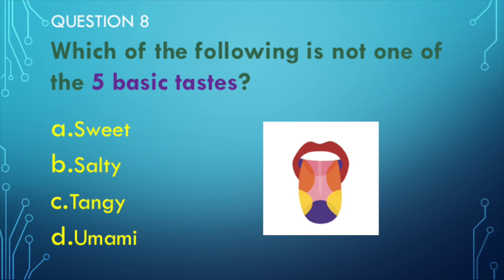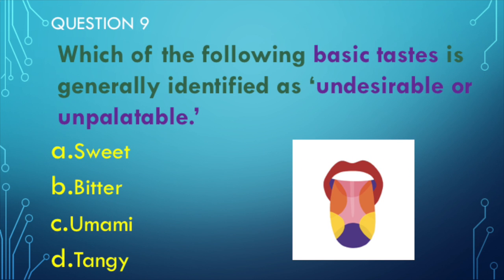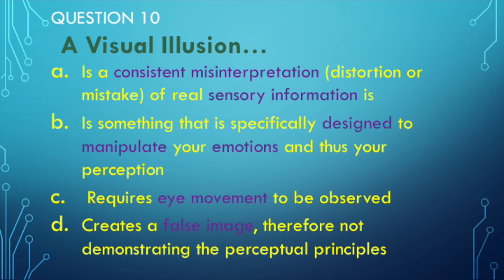Question 8. Which of the following is not one of the 5 basic tastes? Sweet, salty, tangy, or umami? Question 9. Which of the following basic tastes is generally identified as undesirable or unpalatable? Sweet, bitter, umami, or tangy? Question 10. A visual illusion is a consistent misinterpretation, distortion, or mistake of real sensory information,